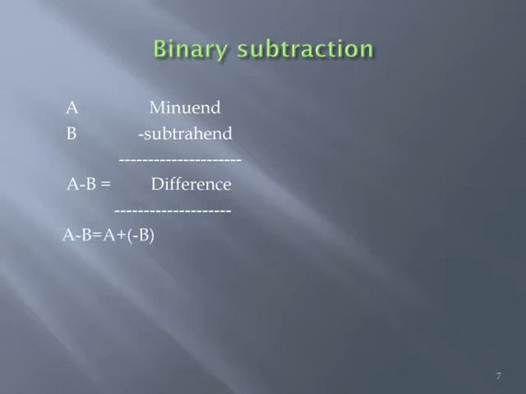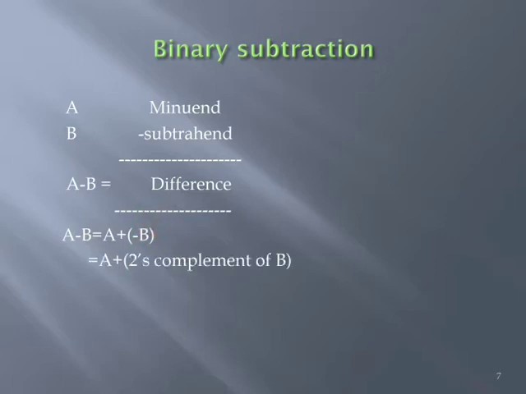Instead of doing a minus b, I can also do the operation like this, which is nothing but a plus of minus b. So a minus b will give you a plus of minus b. First I will calculate this minus b with the help of 2's complement conversion. That is the only difference. After converting this subtrahend, which is b, to its 2's complement, I add that result to a, so that overall you are doing a minus b with a different procedure with the help of 2's complement method.